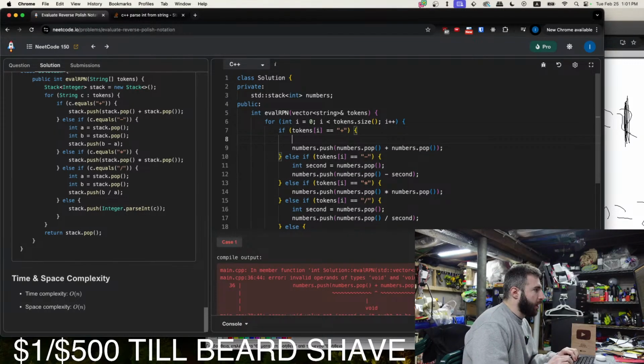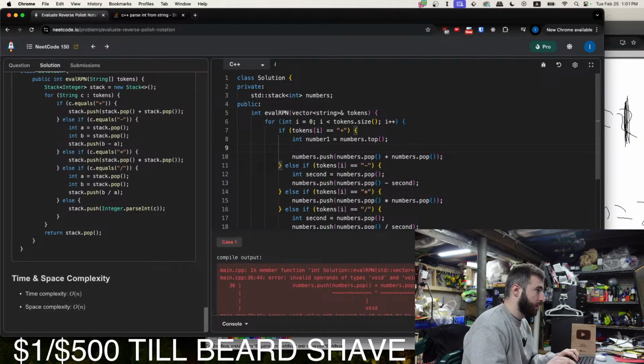So we will do int number 1 equals numbers dot top, and then pop it, numbers dot pop.